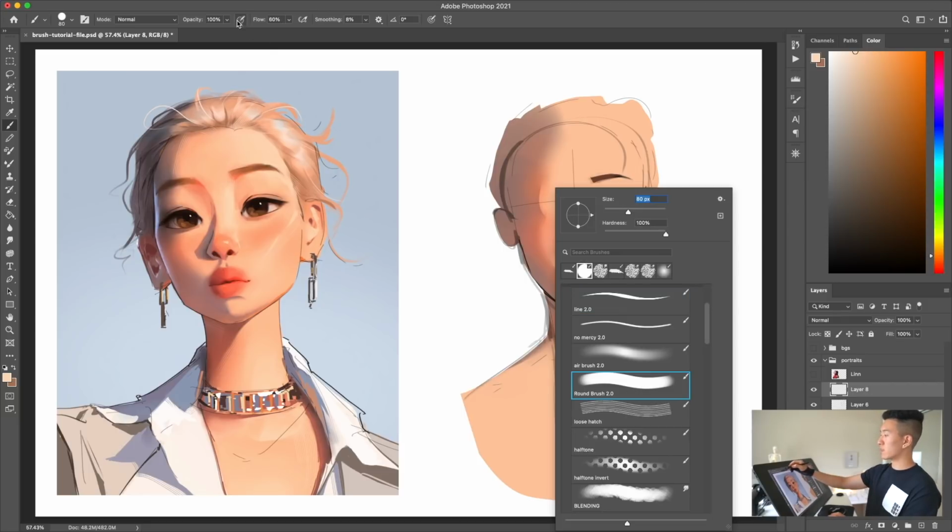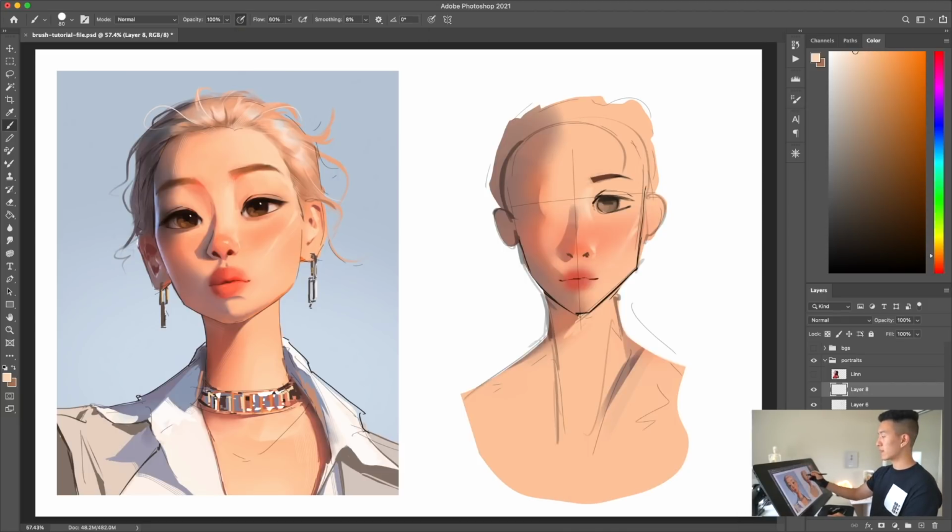Instead, what I like to do is take a round brush, and this doesn't have to be the round brush. Once again, it could be any flat painting brush. And I just take the color of the hair and I apply it based on the big shapes that I see, finding the shadow values on the hair